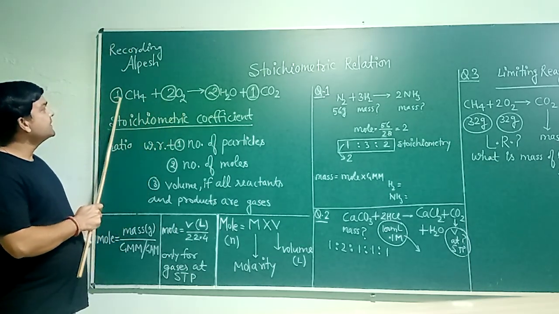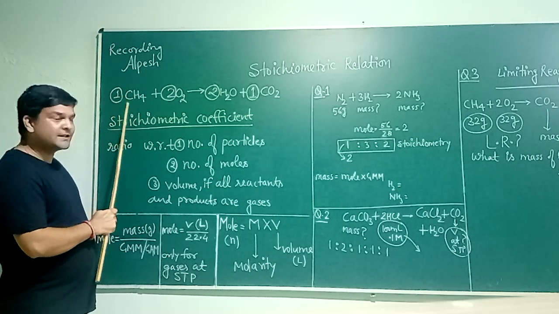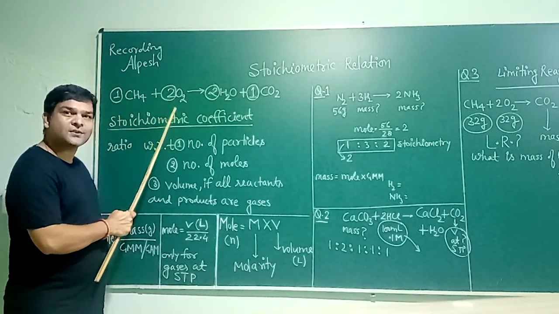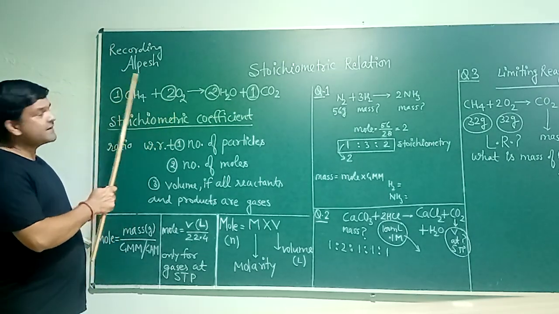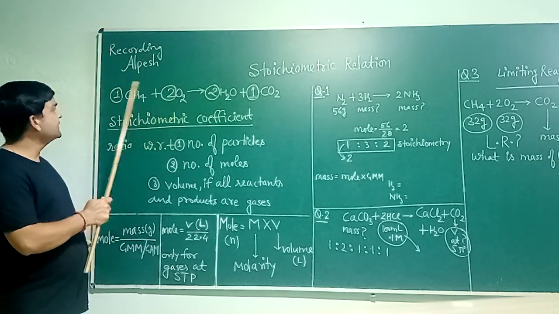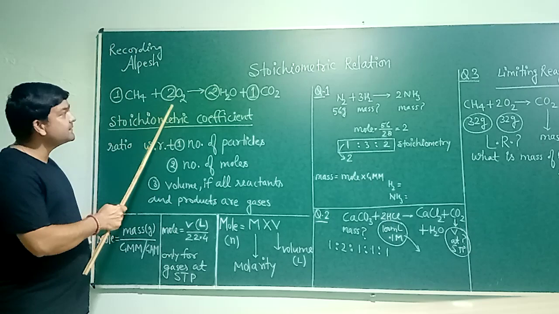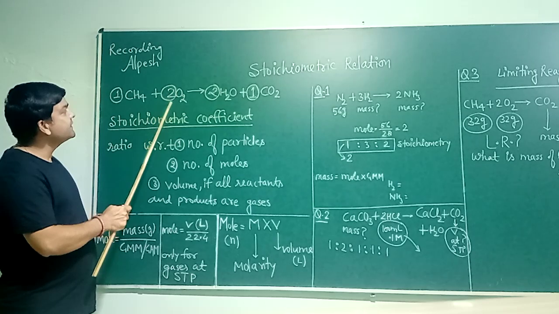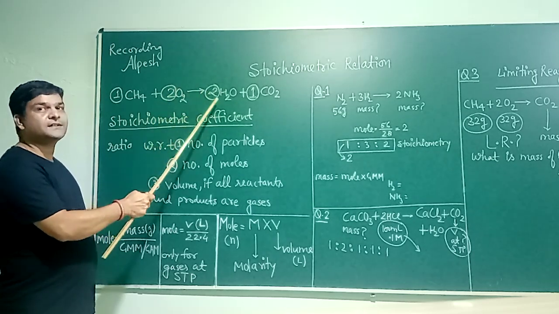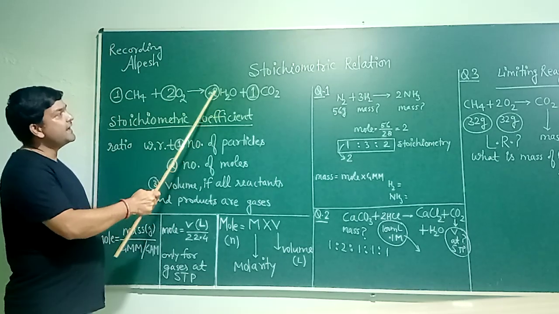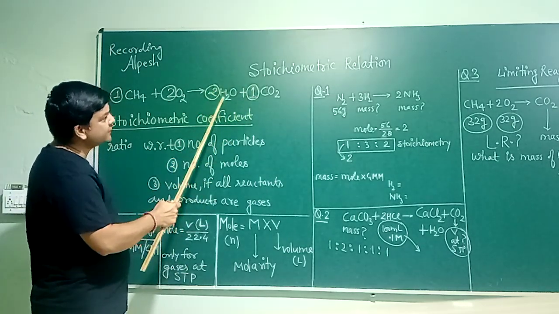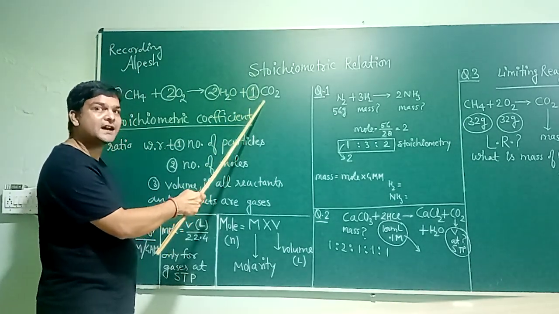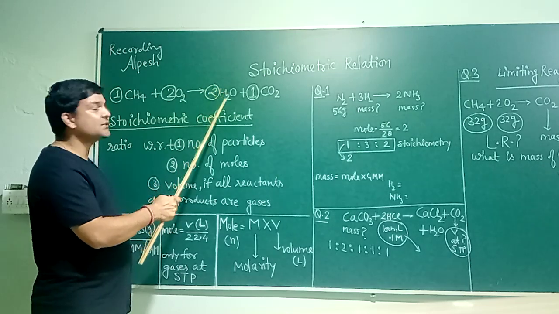Suppose in a chemical reaction 5 moles of methane react, then as per the ratio 5 moles will require 10 moles of oxygen. I repeat, 1 requires 2, it means just double moles required. So 5 moles will require 10 moles. Here 2 moles produce 2 moles of water. So if we have 10 moles of oxygen, then we will get 10 moles of water as product, and here the ratio is 2:1. It means whatever the number of moles of water, the number of moles of carbon dioxide will be just half as compared to moles of water.